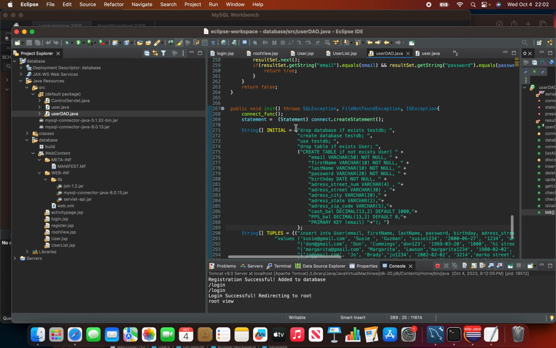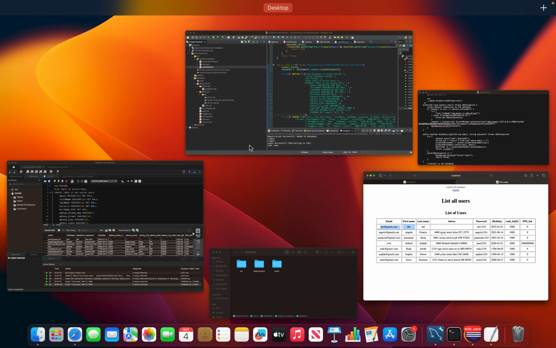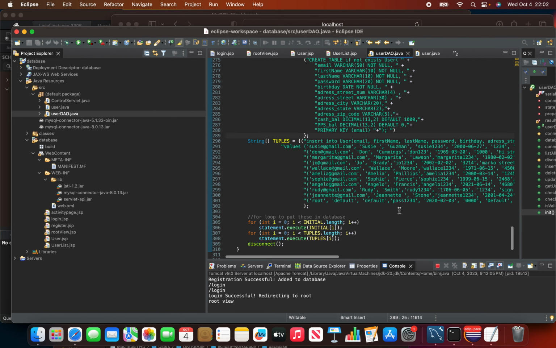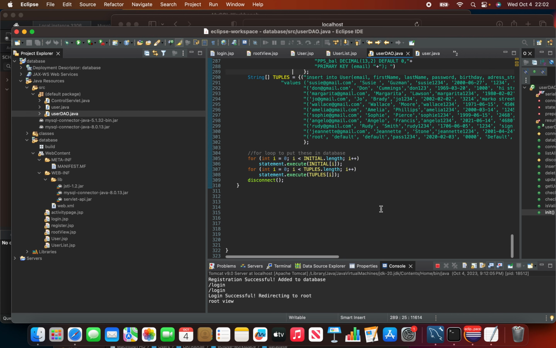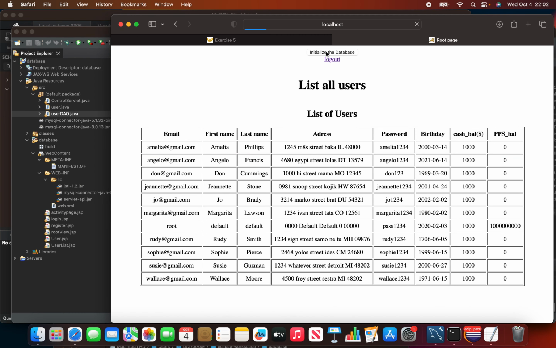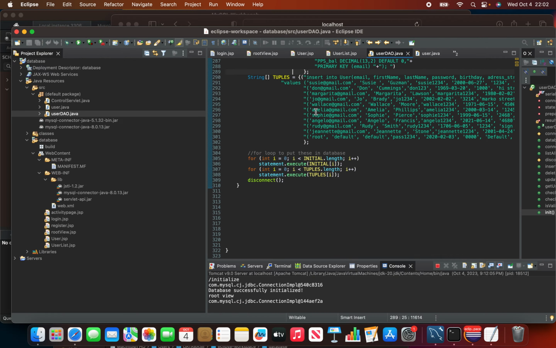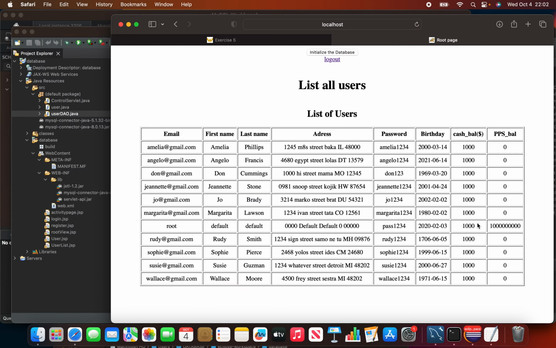Okay, so basically after we hit initialize, the table that exists there should disappear. Also the ABC will be deleted, and then all of these will be added instead. I already did change the date that was giving an error here, so it should be fine to go right now. So I'm going to go ahead and initialize the database, and as we can see, ABC is gone, and then all of these values right here that were in the user DAO have been added to our table